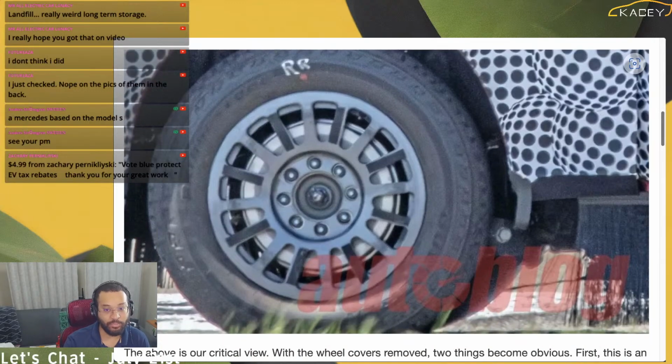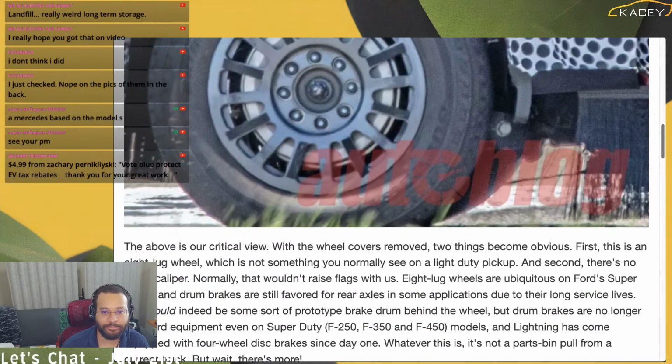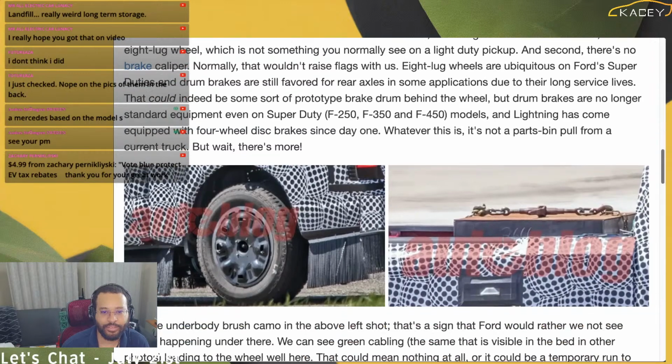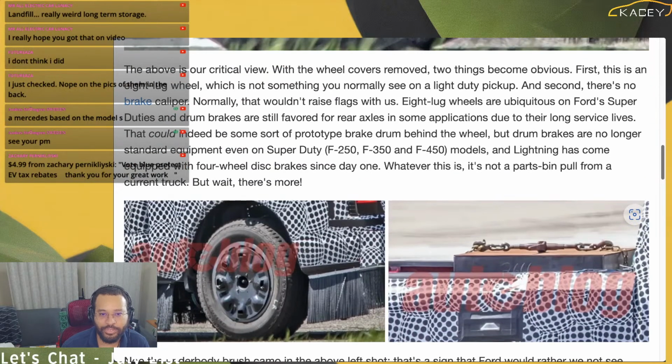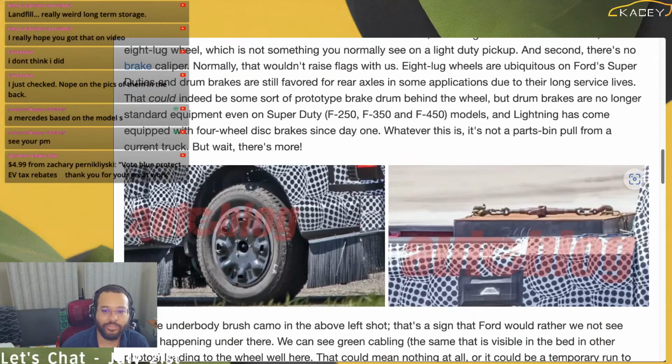It doesn't mean that this isn't a hub motor, but I don't know that that's going to be on the production one, because the other one has a different wheel cover. And then the other thing that came up was that there's a number on the weight in the bed, and that number looks like it is a payload.